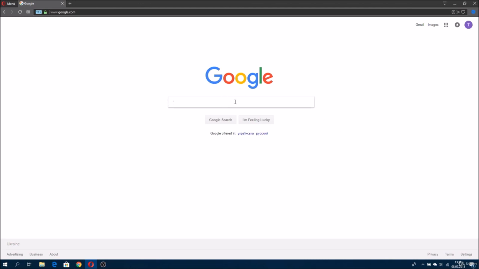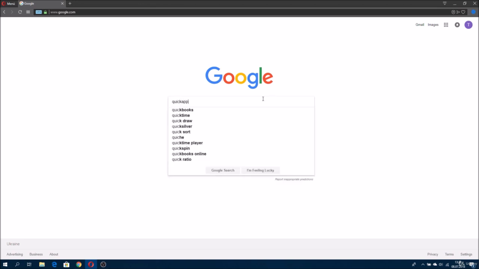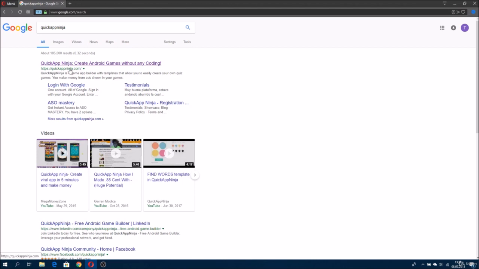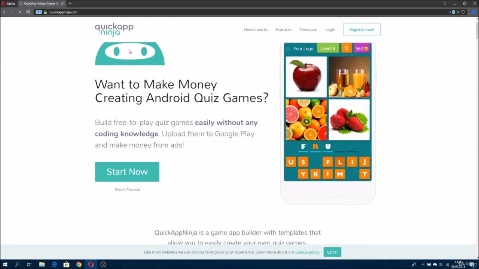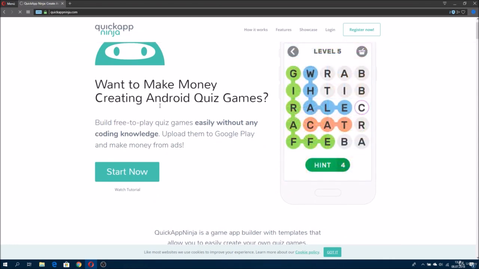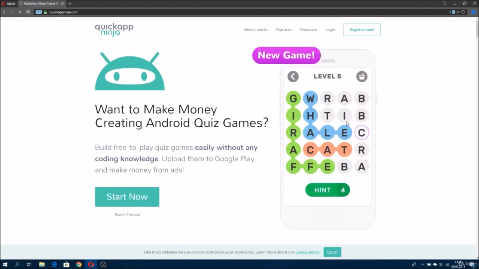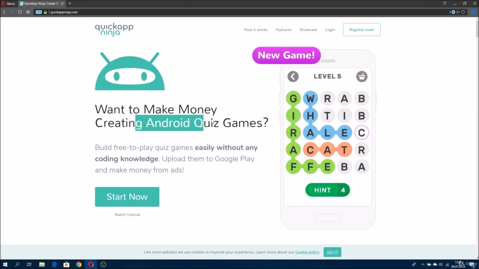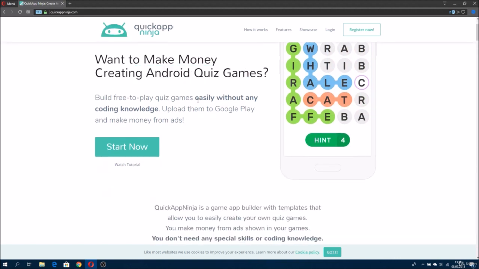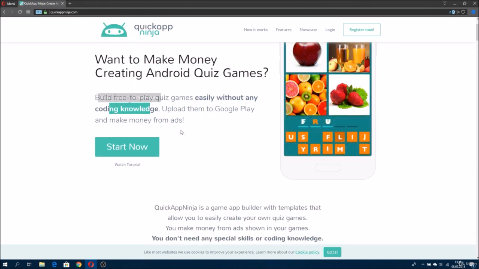So we type in at Google Quick App Ninja and press enter. So there's quickappninja.com, and this is the website we are going to use for creating our quiz apps and for making money. As you can see, the title of the website is "Want to Make Money Creating Android Quiz Games Without Any Coding Knowledge," and this is